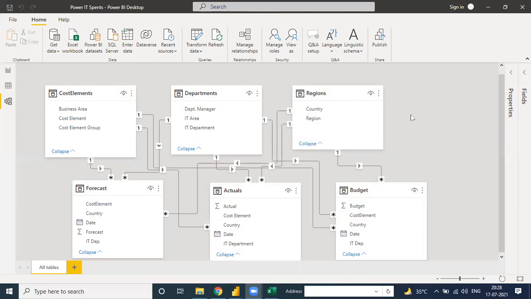Here in this file, one question related to that: what are the actual and budget by the year? How to define the year, because there is no date in this table. Date is only here, but in the dim table there is no date. Then how to search, how to calculate the forecast by date with the department?